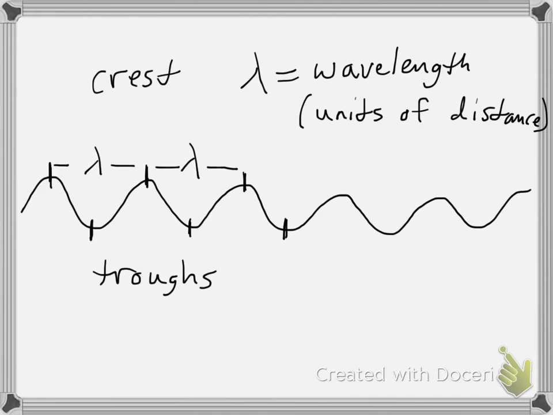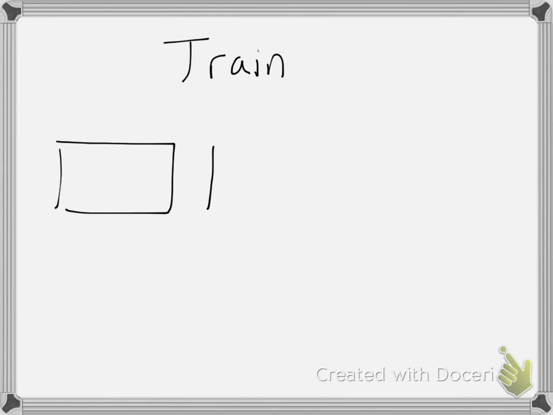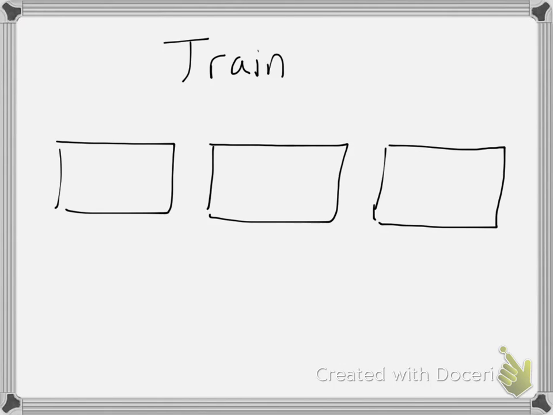One way to think about the connection between frequency and wavelength is to think of a train. Think of a train that has several cars. You're stopped at a railroad, and the train has several cars. They're all tied together, and it's moving along the track